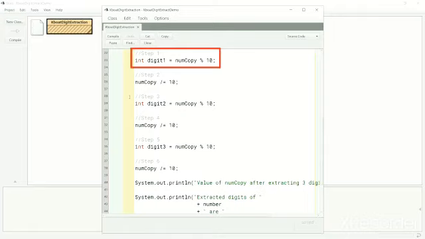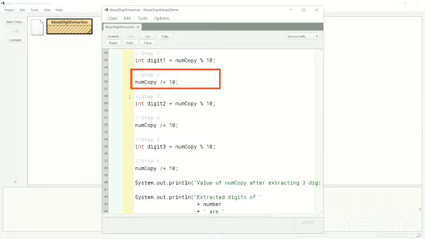This gives us the first digit of the number which we store in int variable digit 1. In the second step, we use the shorthand division operator to divide numCopy by 10 and store the result in numCopy. Notice both the variable numCopy and the literal 10 are of integer type, so integer division is performed. This truncates the number by removing the digit in the units place.